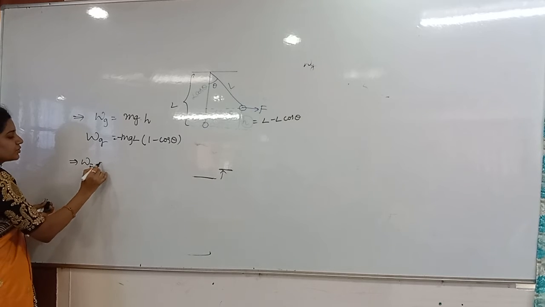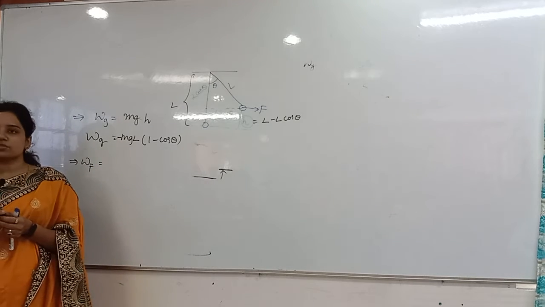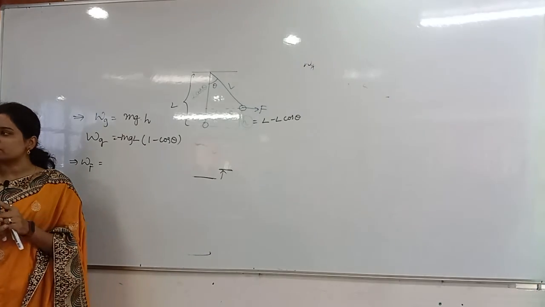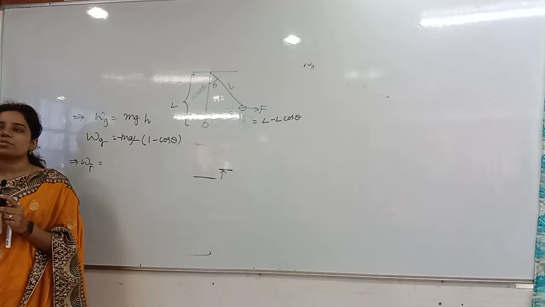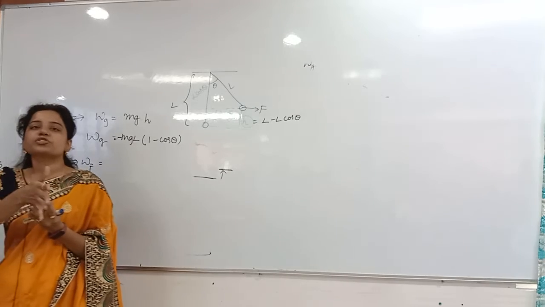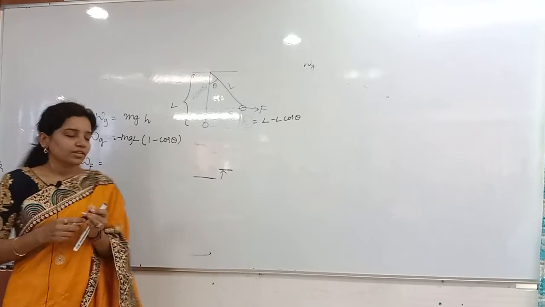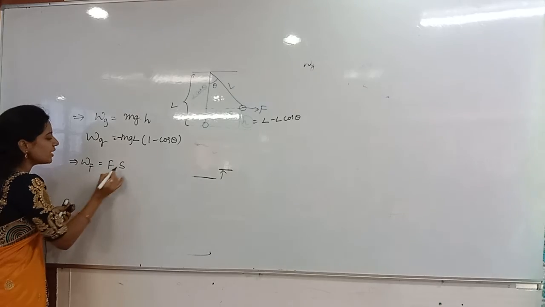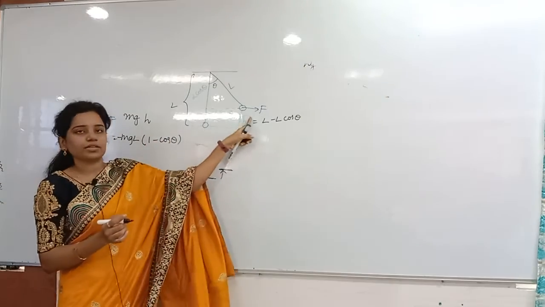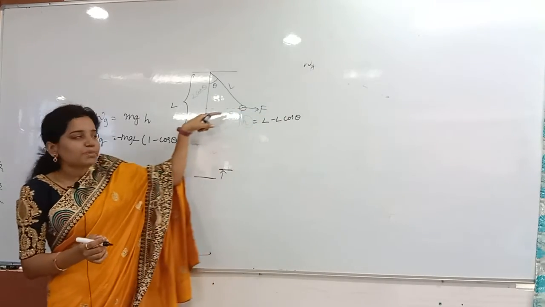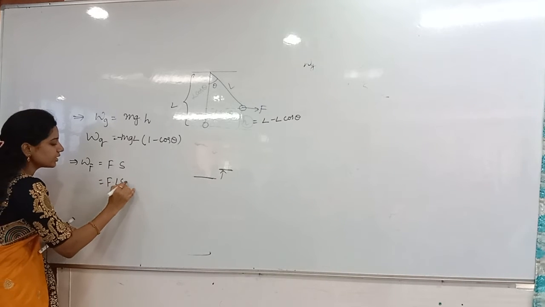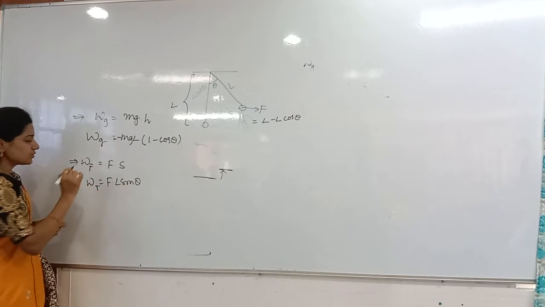Work done by the force. For the work done by the force, what do you have to do? Can you tell me now at least? There is no need to calculate anything, directly you can say the answer. Work done by the force is nothing but force into displacement. Always I said that displacement and force should be in the same direction, correct? So force into the displacement along the force. What is the displacement along the force? L sin theta. See that force is there in this direction. Displacement along the force is what? L sin theta. So F into L sin theta is the work done by the force.